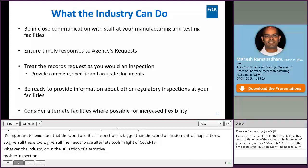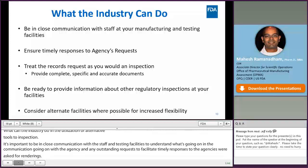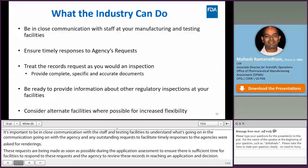These requests are being made as soon as possible during the application assessment to ensure that there is sufficient time for facilities to respond to these requests and the agency to review these records in reaching an application action and decision. So we ask that you treat these records requests as you would if you were on an inspection, and provide these records in a timely fashion, ensuring they're complete, specific, and accurate,